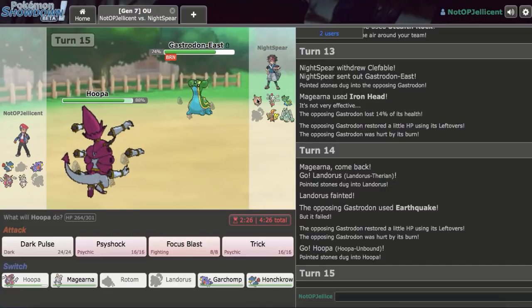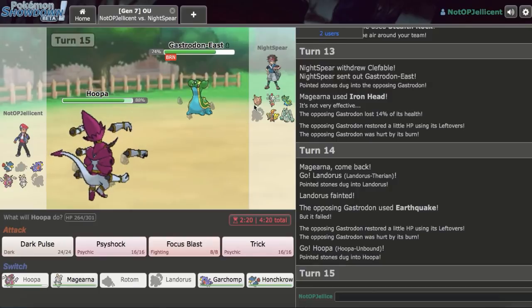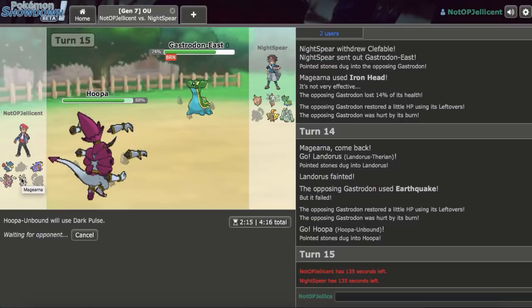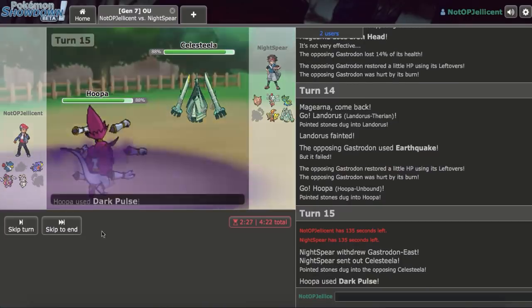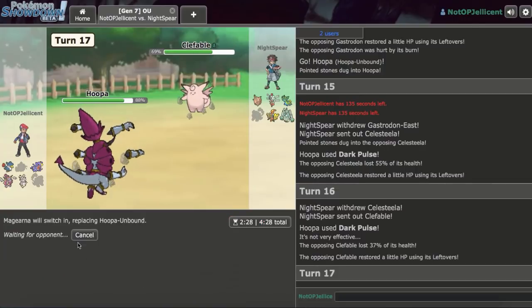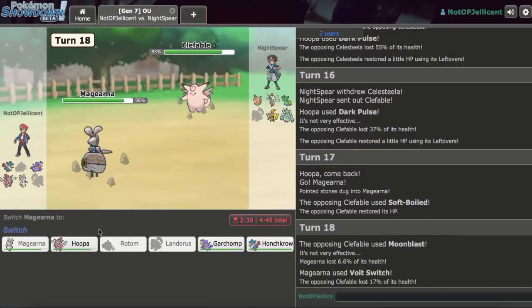Do I go for Psyshock or Dark Pulse? Does he go Celesteela or Clefable? I'm gonna Dark Pulse. Because if he goes Clefable, I have Magearna. And we can respond with that right now. So he's gonna go Celesteela. So we get that right. We'll be able to Dark Pulse this thing for a lot of damage. As he goes Clef there, Magearna is always my play now. As he goes right for the Soft Boiled. So we got a ton of damage off on Celesteela, which is good for me. What I can do here is just get a Slow Volt out into my...